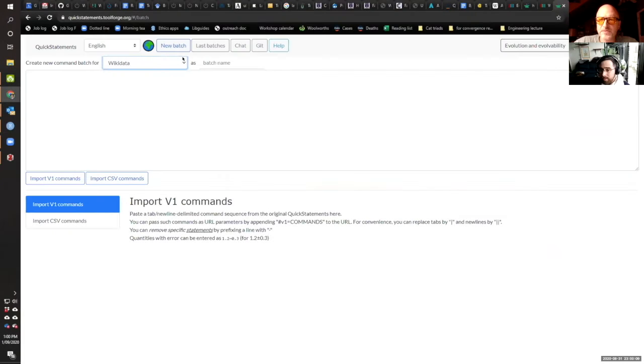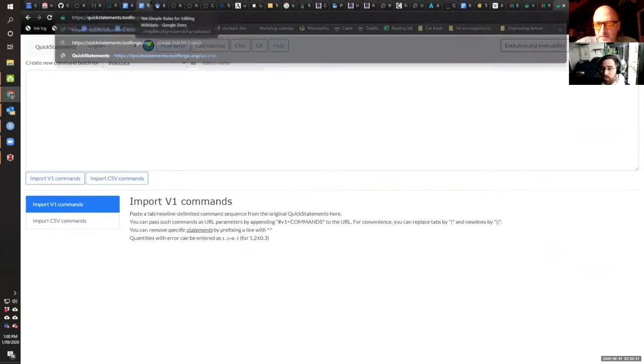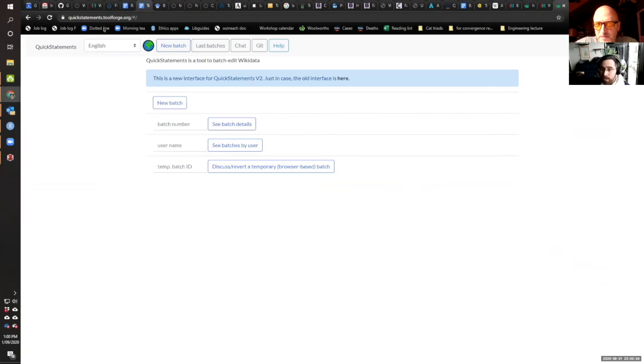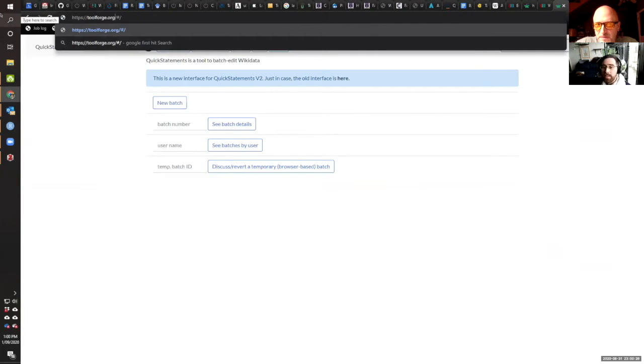So what is Toolforge? Yeah, Toolforge is a Wikimedia Foundation location to host these sorts of tools to interface between various different worlds and the Wikimedia ecosystem. So I'll just go to Toolforge itself,